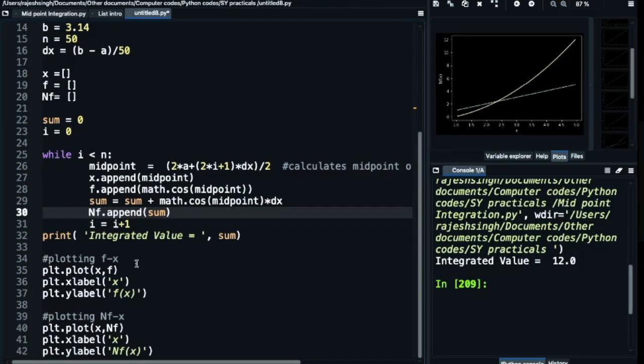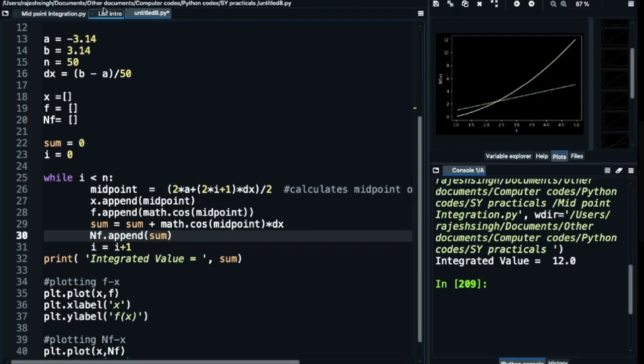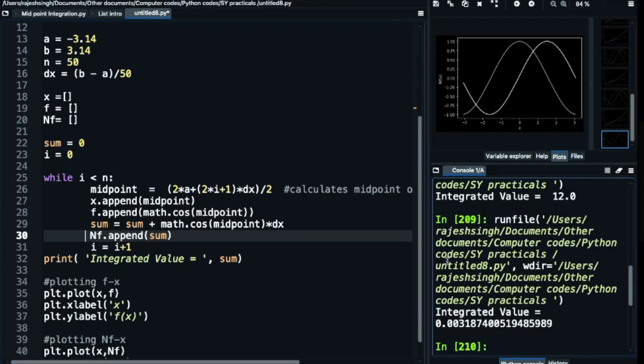And then here are our plotting arrangements. So I can run this program and I get the integrated value. I will advise you to do it analytically and check how equal it is. I would also suggest you figure out ways to control the number of precision points here. You can see that it is showing so many. How will you restrict it to, say, up to 8 places? The round function, yes. I would leave that for you to figure out. You can round off the values and then print.